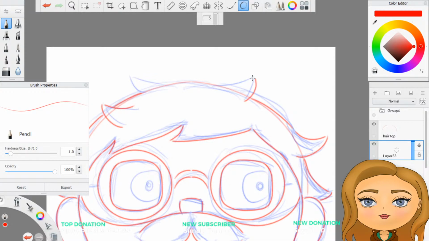Put a bit more of a curve on this. There we go. Maybe that's a bit too curvy of a line.